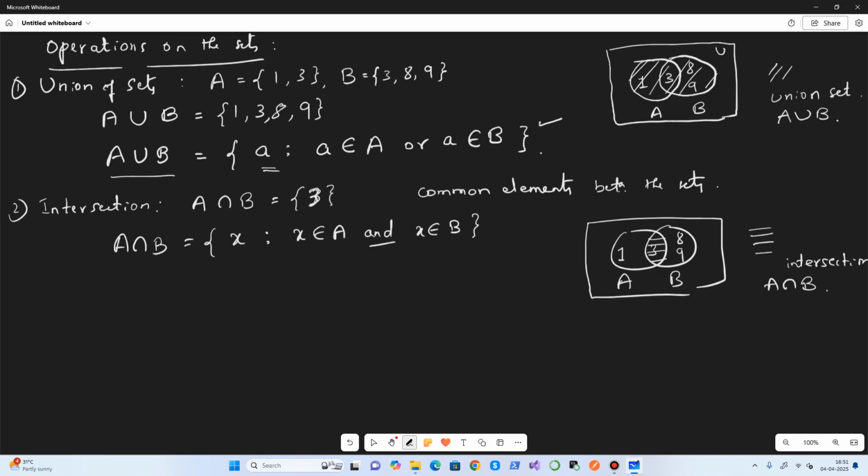Next, we'll talk about some properties of the intersection. Before that, let's understand the properties of both union and intersection. Properties of union of sets.